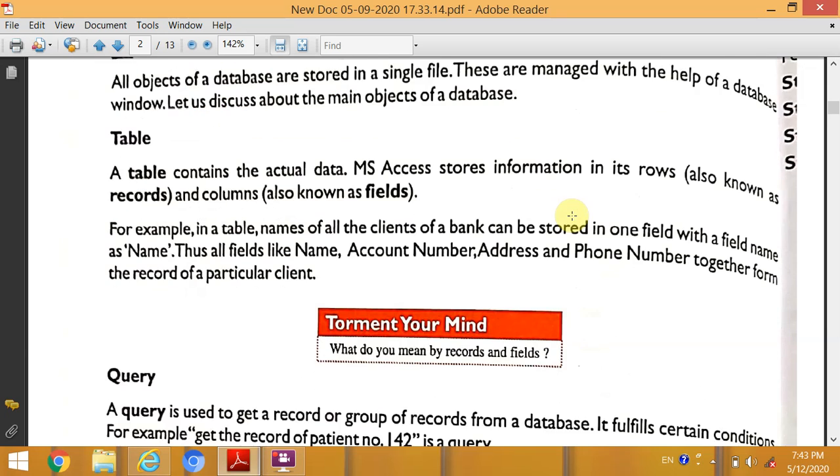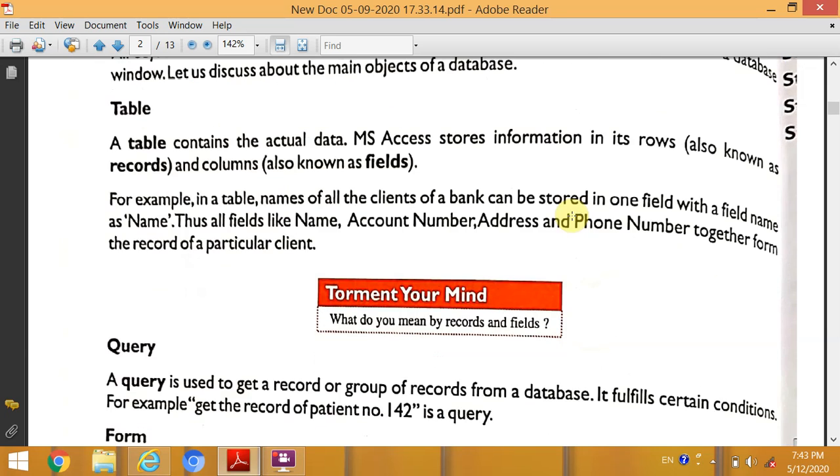For example, in a table, the names of all the clients of a bank can be stored in one field with the field name as name. Thus, all fields like name, account number, address, and phone number together form the record of a particular client.